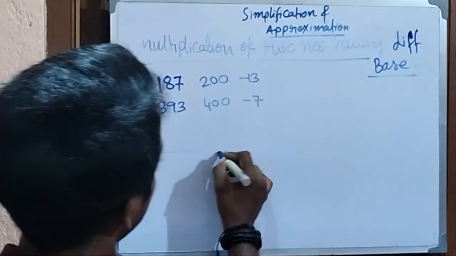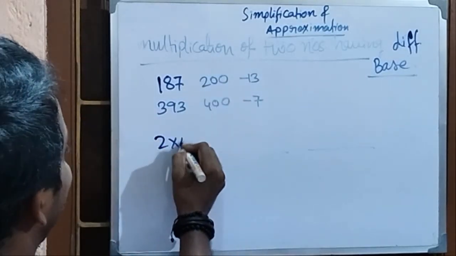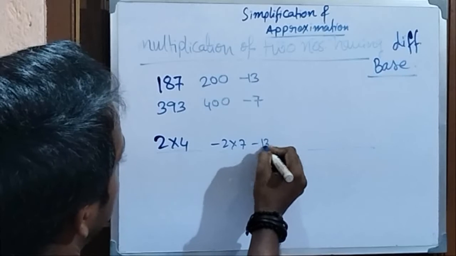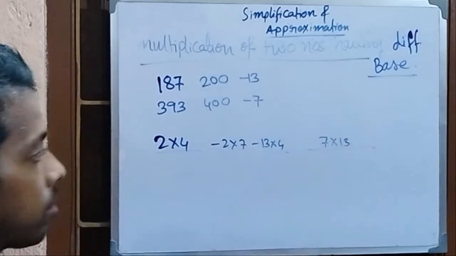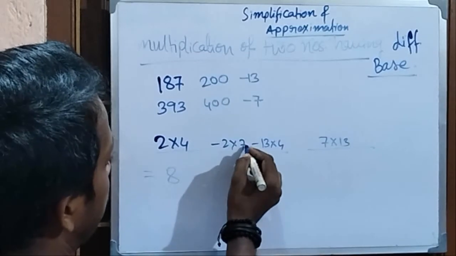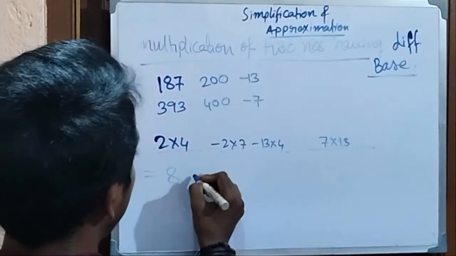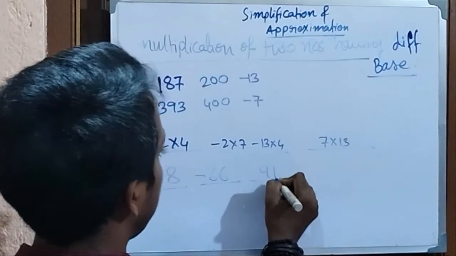The 3 part comes in plus. So here in the first part, the bases we take, just multiply in the first box, and in the second box minus 2 into 7, minus 13 into 4, and in the third part both the signs are in minus, so 7 into 13 will give you a positive result, right? Now here it comes 8, 7 to 14, 14, 4, 13, 52, 52, 66. So all are in negative. So the first part and second part is 66 in minus, and in the third part 91.